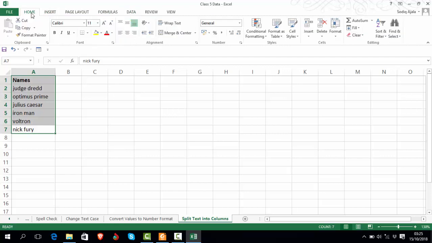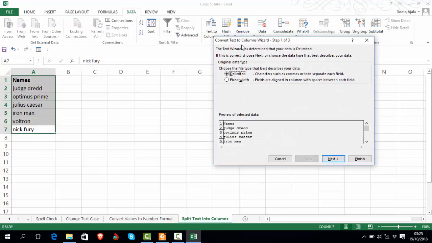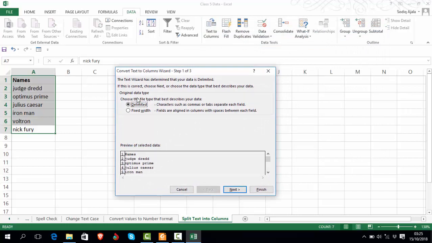Okay, sorry. You come over to Data, and you say Text to Columns. When you say Text to Columns, it brings out this little wizard and it shows the file type that best describes your data. So you choose Delimited,